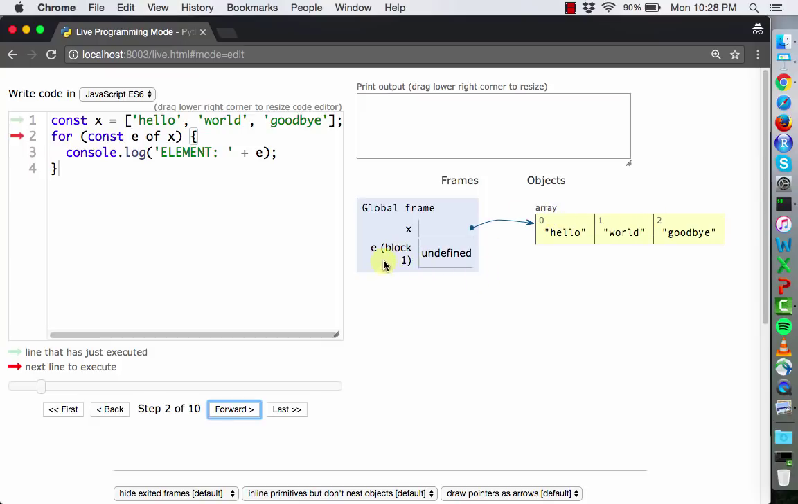The visualizer doesn't do a great job inside of here, but basically every time you go inside of here, an e variable will be declared inside the block. Remember that the for loop uses the braces to create a new local block. E will be declared inside of here. You're going to iterate through x, and every time you iterate through, one of the elements will be assigned to this e, and we're going to print out the word element and then add e to it. So the first time through this loop,